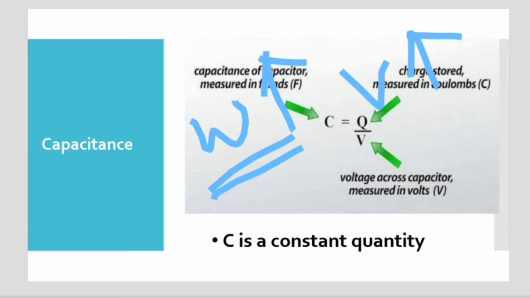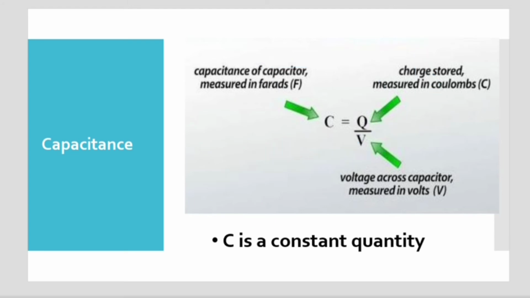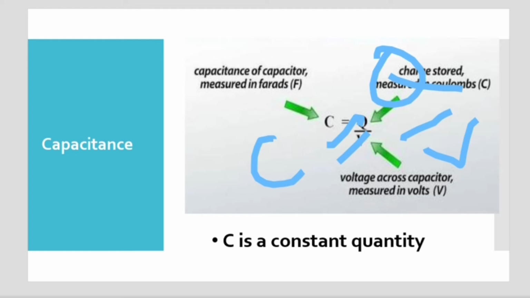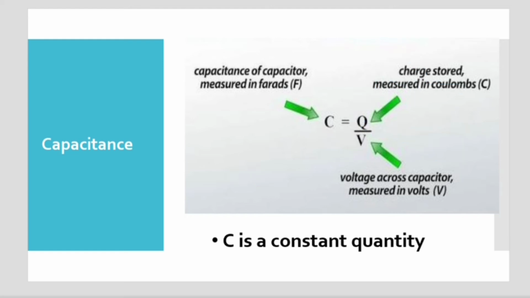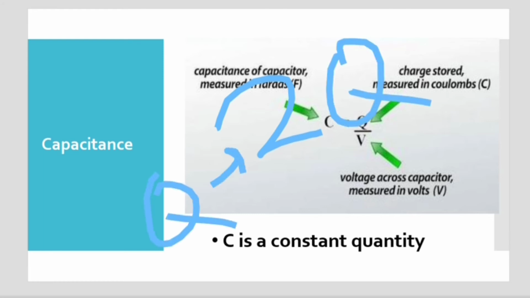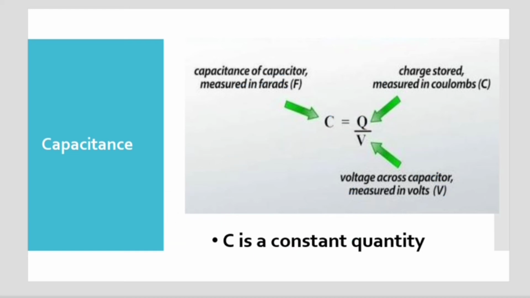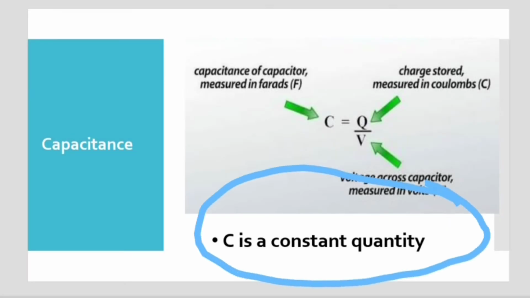So in this way, we can say that the charge holding capacity is not only related to Q but also related to V. But C is completely independent of Q and V. If you are increasing Q to 2Q, then V will also increase. You need to remember this. At the same ratio, it will increase. So, that suggests that C will remain a constant quantity.